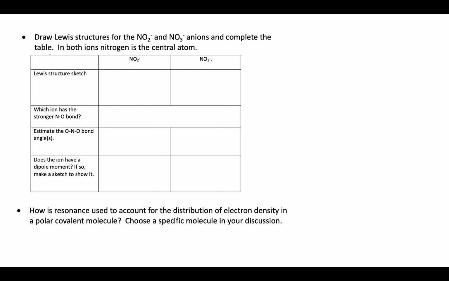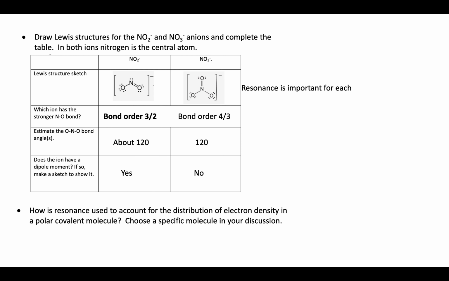This one, most students seem to choose this top portion here, filling in the table. If I were to look at that, I would have two different ions, both of which, as I show within the Lewis structures, resonance is going to be important in each case. If I apply resonance and think about the resulting bond order, I think in nitrite, the one here on the left, the bond order would be 1.5. If I think about nitrate, the one on the right, my bond order would be 4/3. So the NO bond would be smaller in the